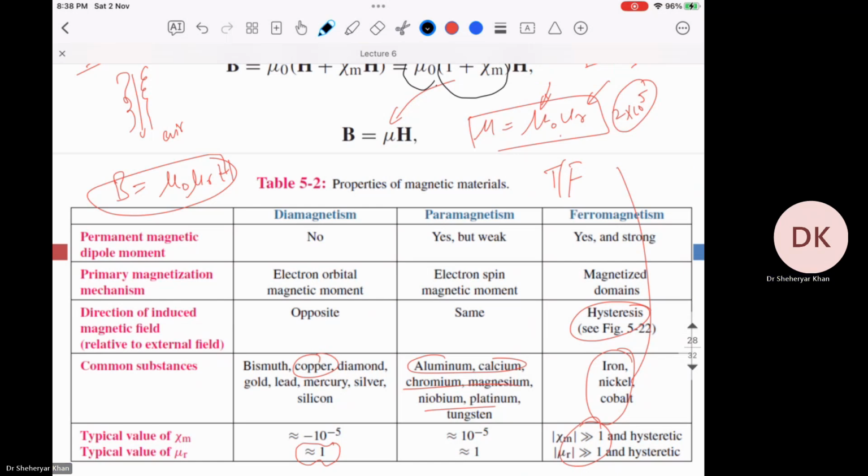It's very interesting. Copper is not magnetic. Take a magnet and try it with the copper. It's not a magnetic property. We use copper because